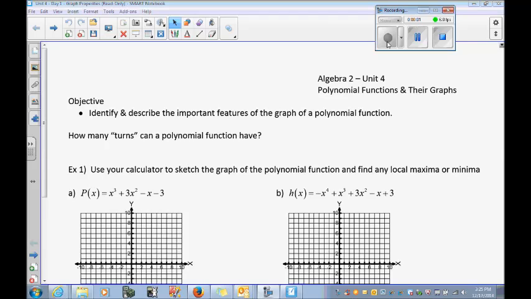Everybody. Today we're covering polynomial functions and their graphs. Our objective is to identify and describe the important features of the graph of a polynomial function. Now the question is asked, how many terms can a polynomial function have? Well, you'll have some polynomial which probably would look something like this,